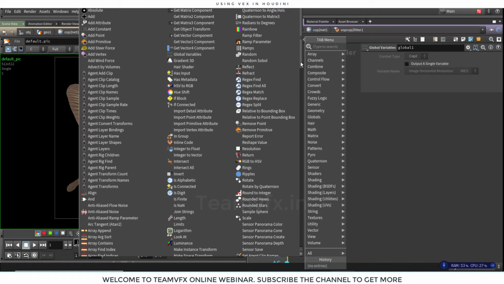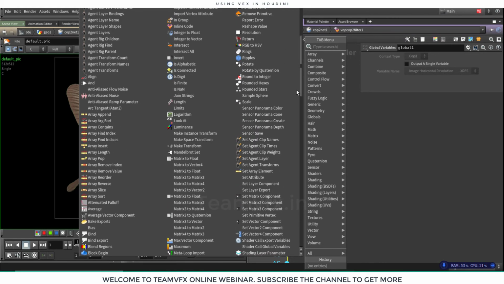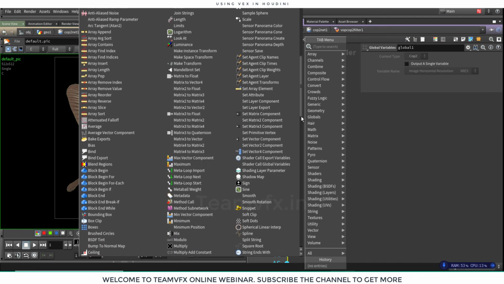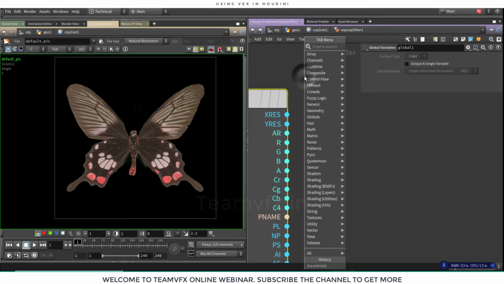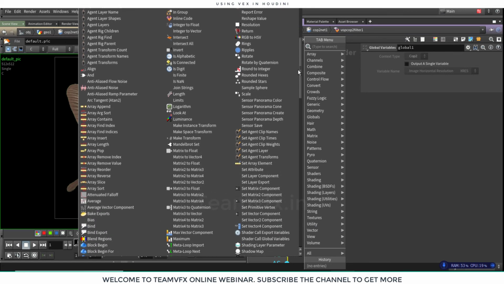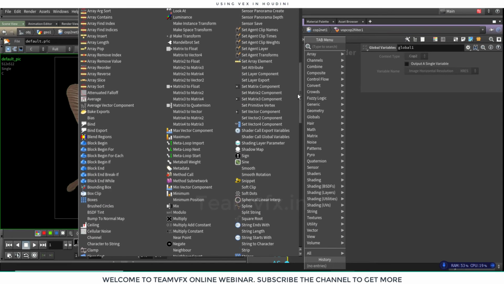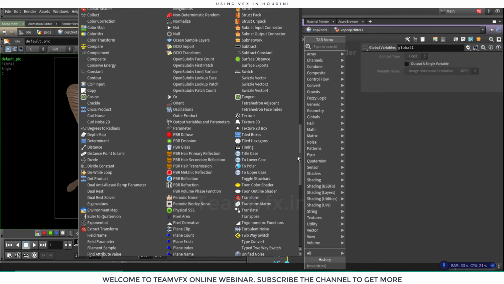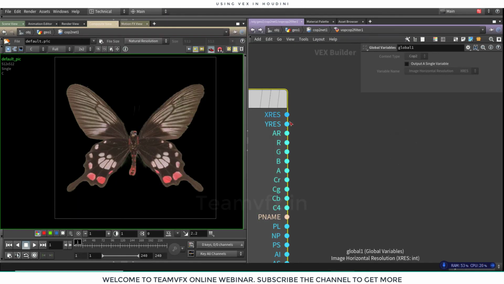Let's talk a little bit about VOP. What is VOP? VOP is the environment which runs in every context of Houdini. If you go to DOP, you will find the same VOP node over there. If you go to LOP, TOP, VOP is a core-level collection of functions that can be used inside Houdini in any context. So when you are modeling something, in that case you can utilize VOP also in SOP operators.